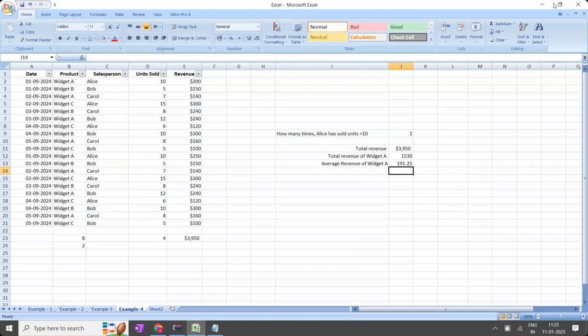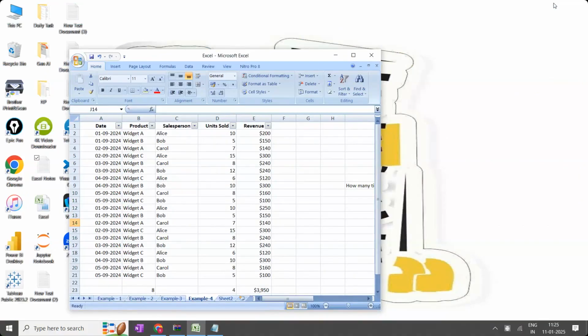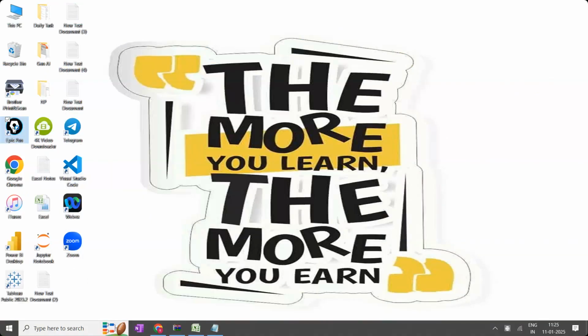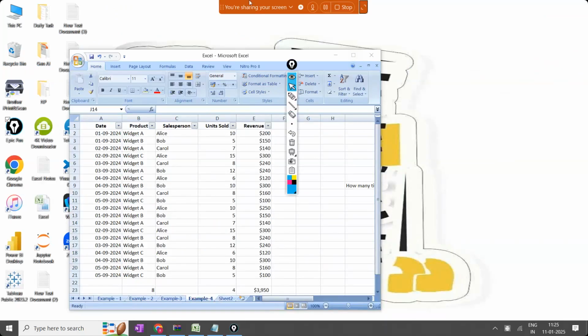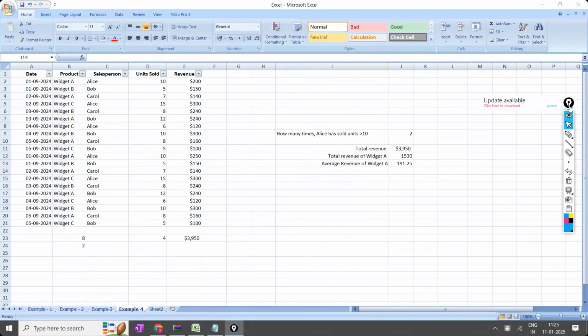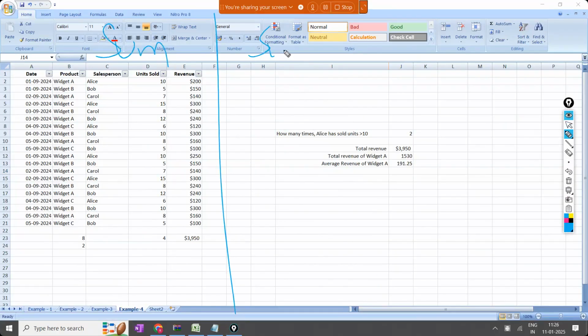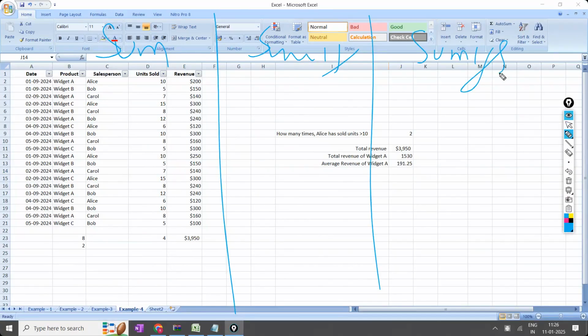So what is the difference between SUM versus SUMIF? Total 3 are there. What is the difference between SUM, SUMIF, SUMIFS? SUMIFS and SUM.